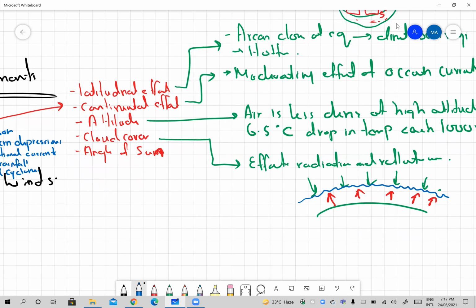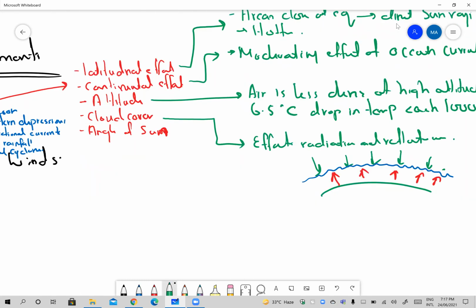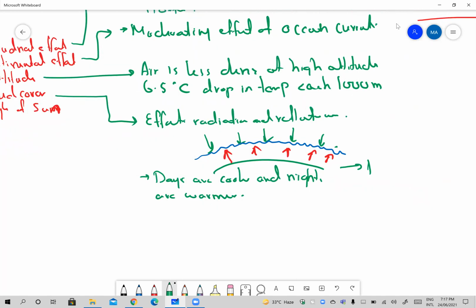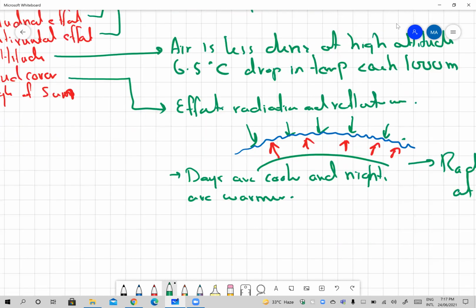So this particular factor, cloud cover, affects the temperatures separately during the day and at night. So whenever there is a cloud cover, days are cooler and nights are warmer. Why is that so? Because the radiation takes place at night. You need to know that radiation takes place at night. So because the earth radiates heat energy at night, and this cloud cover will not let that heat